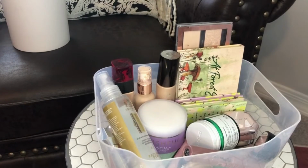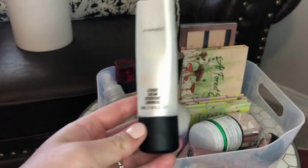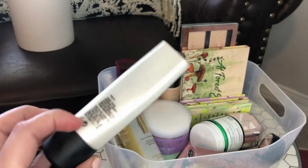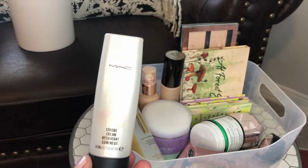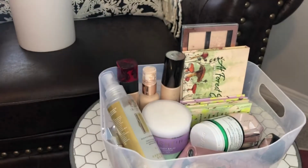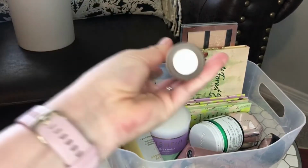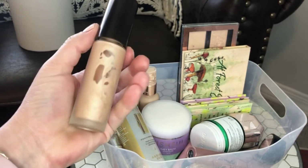I guess we'll start with some of the products that I used up this month. The first one being the MAC Strobe Cream in Pink Light. I've been working on this for quite some time, so I'm very happy to be done with this one. And in place of that, I actually started using the Becca Backlight Primer